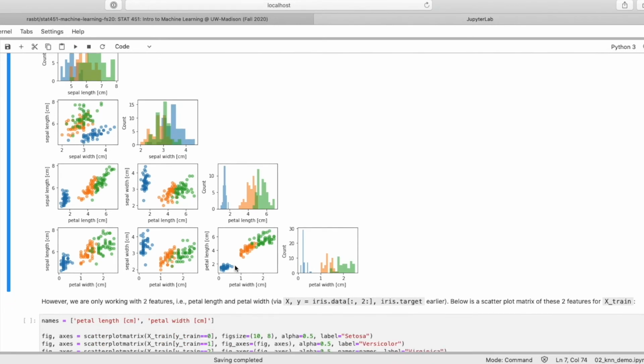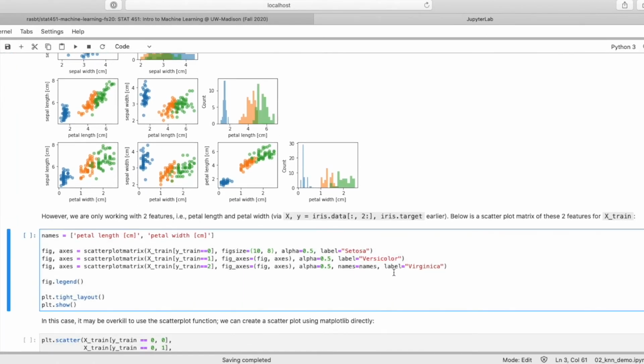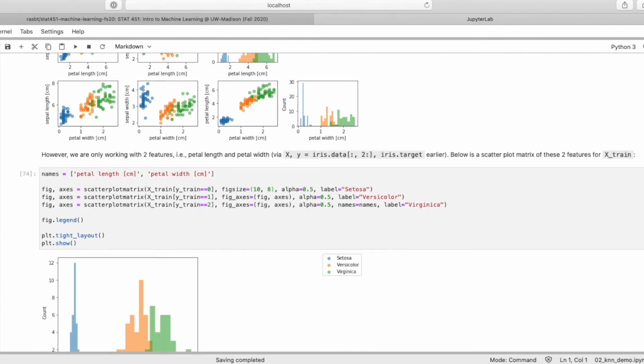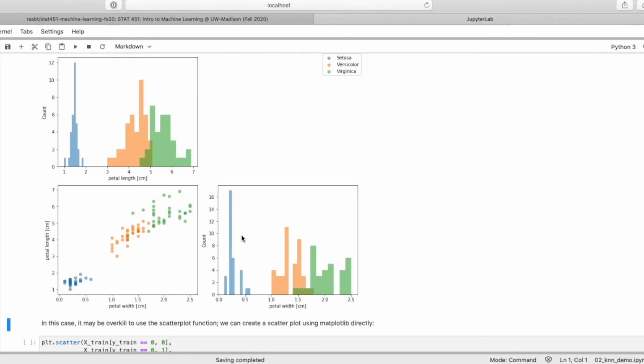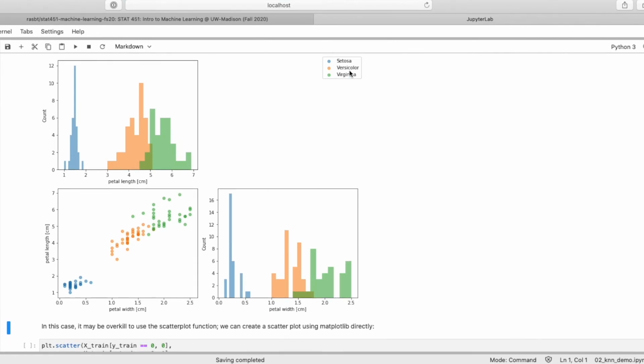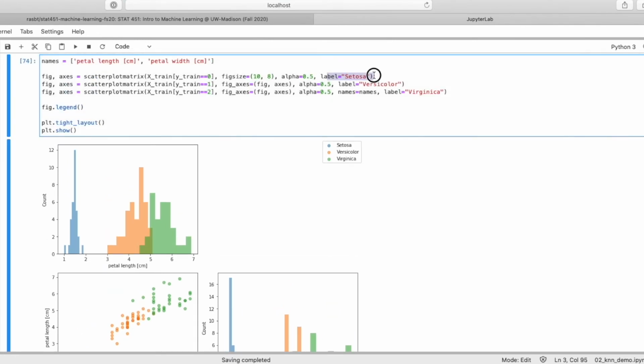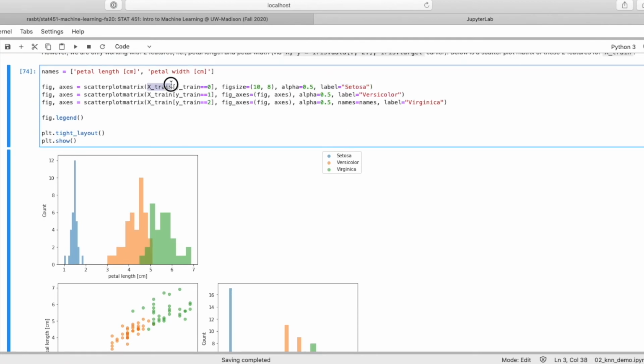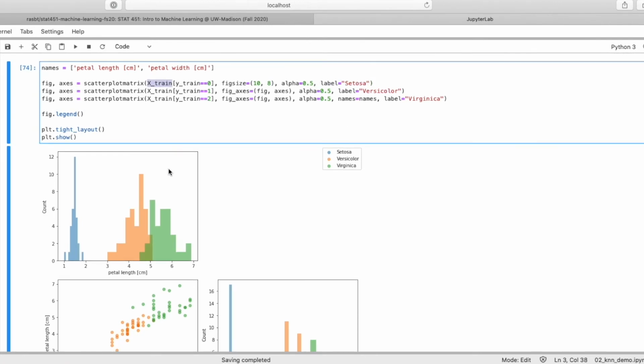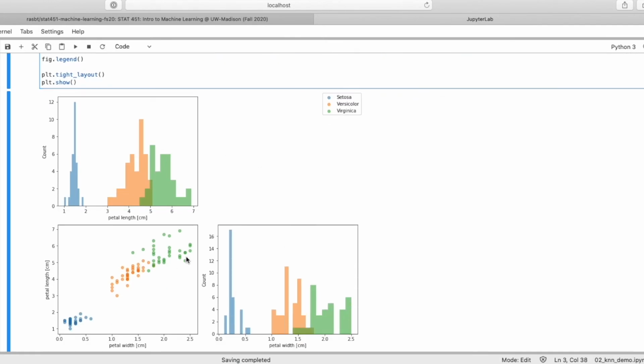However, if we look at petal width and petal length, this is actually a good combination of features. We can draw a line here to separate these out, for example. In any case, for this tutorial, we'll be working only with petal width and petal length because I want to show you some other plots later, and these plots only work with two-dimensional data sets. So you have a scatter plot of only the two features we are working with for the rest of this tutorial. Here I added the legend with the labels. Here I'm also only plotting the training set, not the whole data set. And that is how my training set looks like.